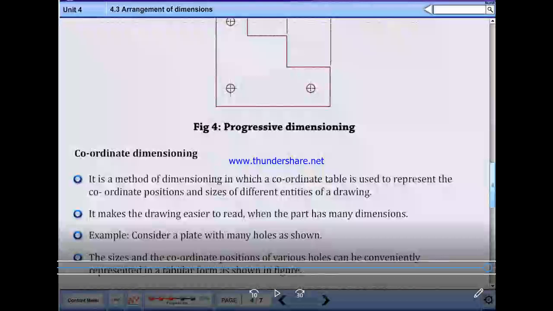Now the next one is coordinate dimensioning. It is a method of dimensioning in which a coordinate table is used to represent the coordinate positions and sizes of different entities of the drawing. It makes the drawing easier to read when the part has many dimensions. Example, consider a plate with many holes as shown below. The size and the coordinate position of various holes can be conveniently